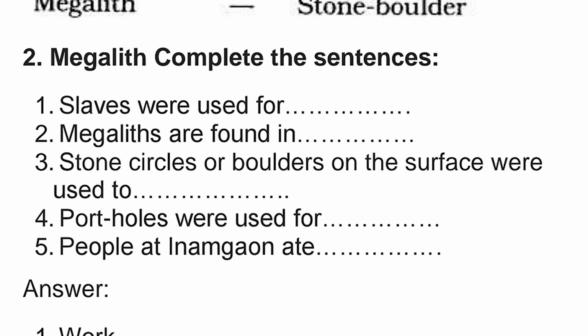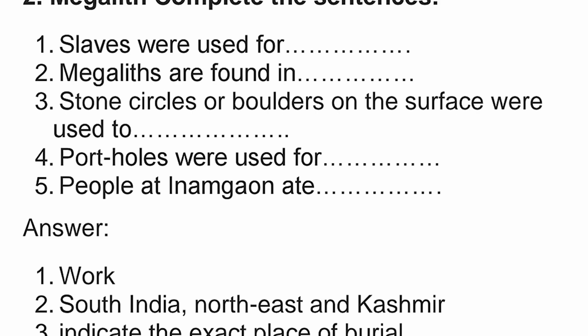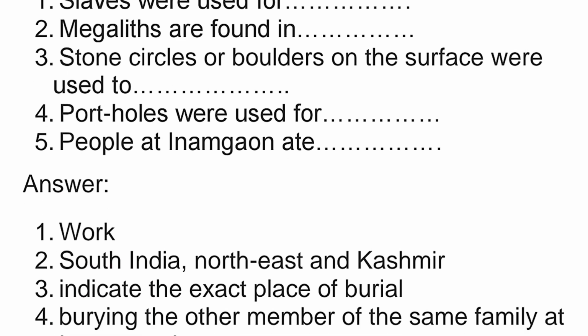Let's see the next, complete the sentences. First is slaves were used for. Right answer is work. Slaves were used for work. Next, megaliths are found in South India, Northeast and Kashmir. Next is stone circles or boulders on the surface were used to, answer is, indicate the exact place of